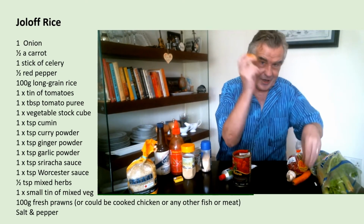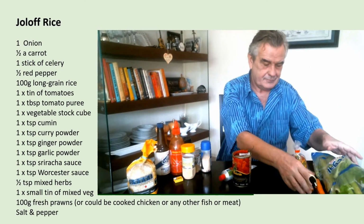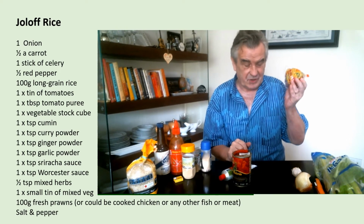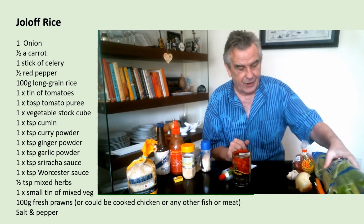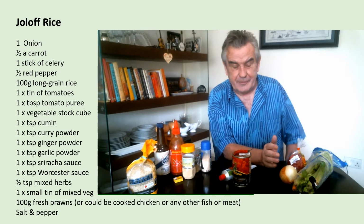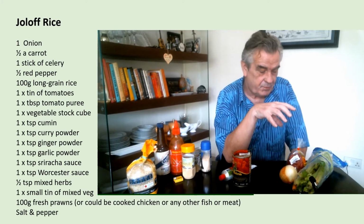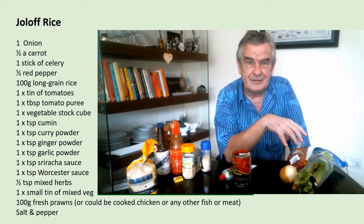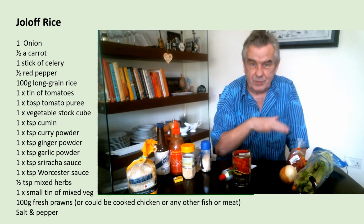So again, we have onion, carrot, celery, garlic, and red pepper. We're going to use half of this, the half that's left over from the pepper soup. Now, in normal dishes, I would say chop these very small and fry them. But the traditional way of doing this with a jollof rice is you put all of these raw ingredients, chopped up but raw, into a blender with some oil and blitz them down so it becomes a complete paste,